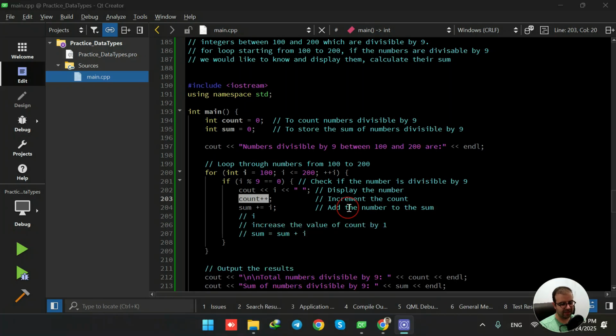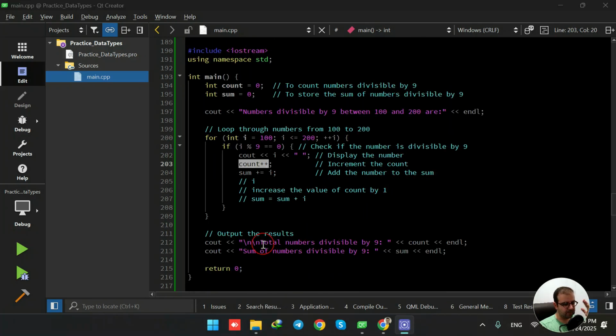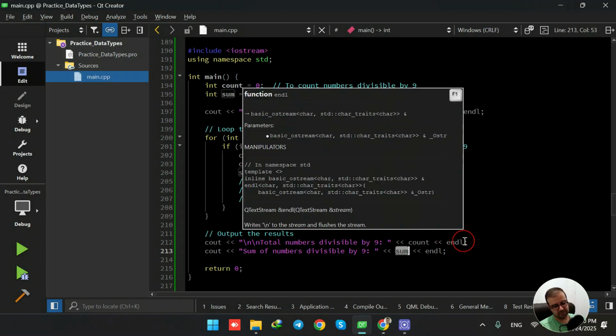And we have the sum, 1683. Here is how we are showing the output. As you see here, the total number divisible by 9, and then we are printing out the value of count, and then sum of numbers divisible by 9 equals the sum that we are